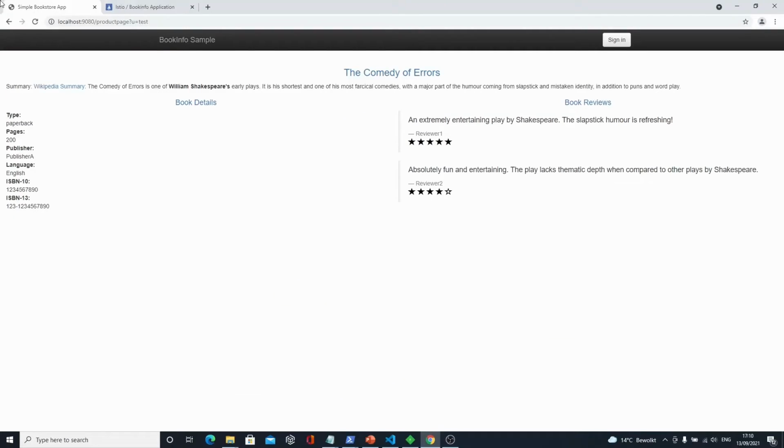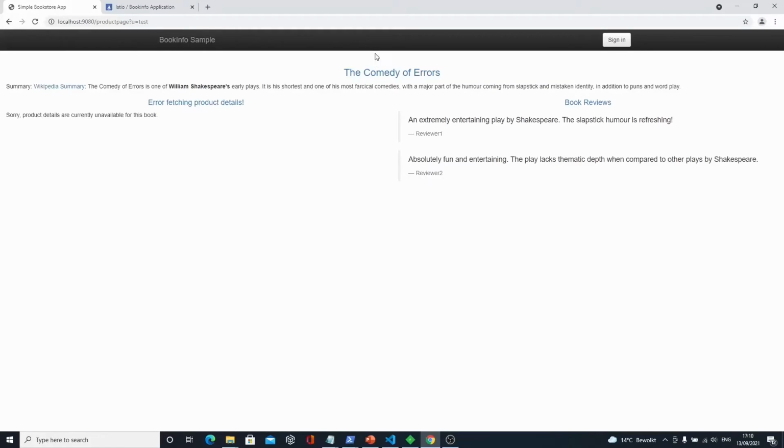If I refresh the page, at some point, it sometimes takes a bit of time, you see, it's not able to reach this detail service because the policy kicked in and I'm not authenticated. It's now expecting to receive an access token that contains information complying with the rule that I have defined.